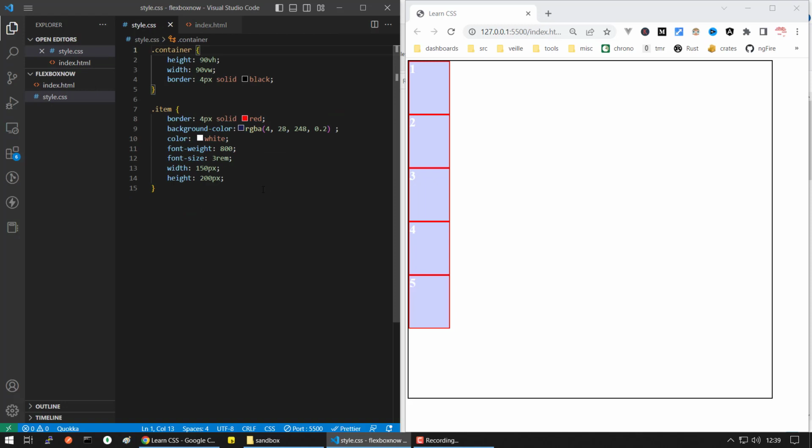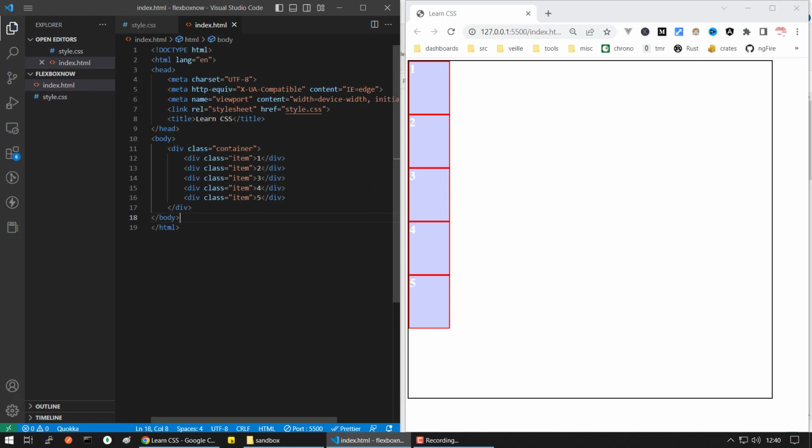For the moment, there's no Flexbox involved at all. This is just regular CSS. So we created this custom class. So you can see there is this dot, meaning that this is a custom class matching this class. There is nothing special about container. We could have named it pizza or whatever you want. We just decided to name it container because it makes sense, as this one is considered a container of these